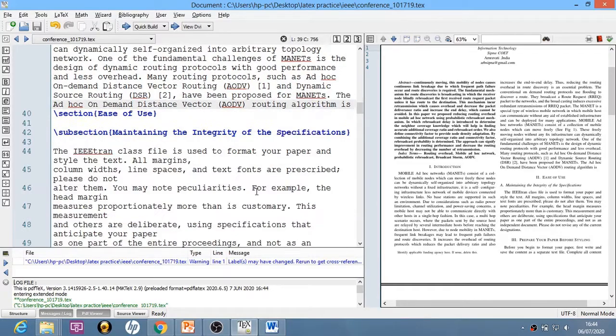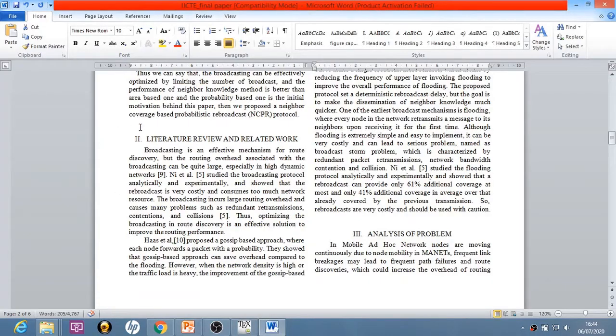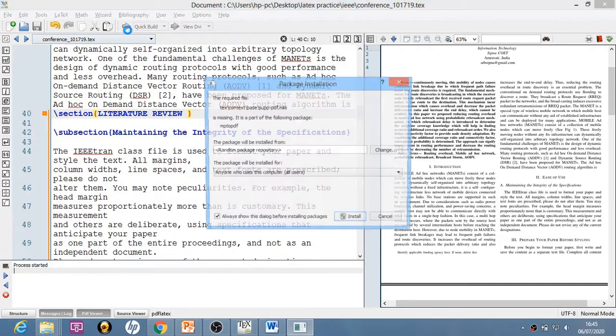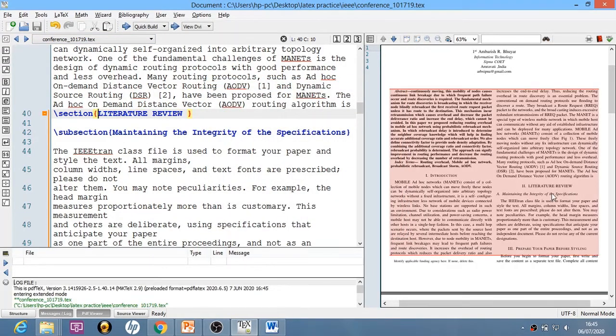So this way, if you want to add a second chapter, naturally you will go over here and inside this section you will paste the name, likewise. And again you will compile it and see the results.